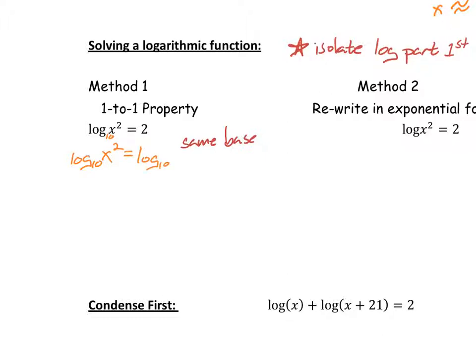Well, what can we do here to make sure that this is the same as 2? Well, remember that if you have log 10 of 10 with an exponent, all of that would just simplify down to 2. So that's what we're going to do. So now I have these matching parts here. I have log base 10 and I have log base 10, and that means I can just put the x squared